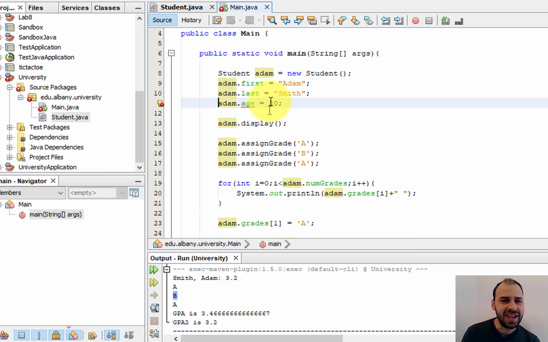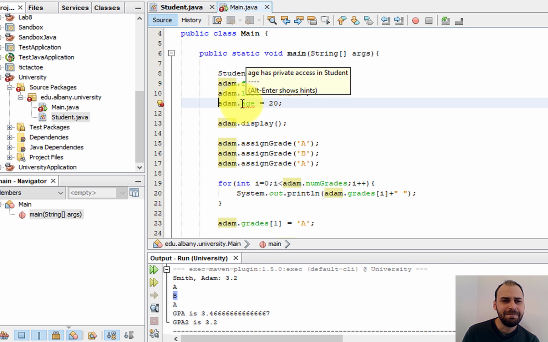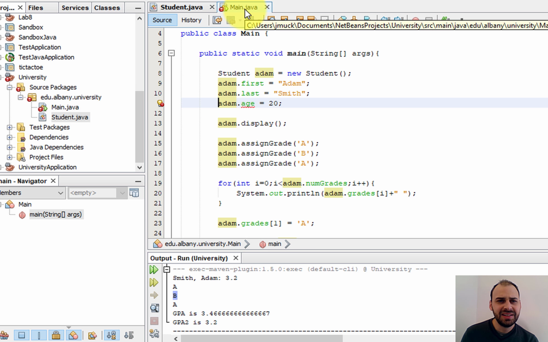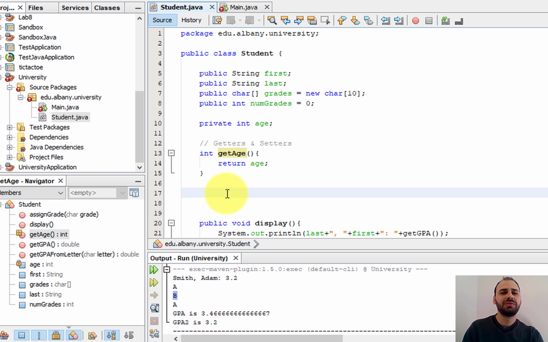Because this can't read it like that, it forces it to have to go through this method to get that value. What I'm effectively doing is protecting that value. Now, if I do it that way, I'm able to read the value of age from this other class, but I cannot write to it. A getter only allows reading that data member. If I want to write to it,